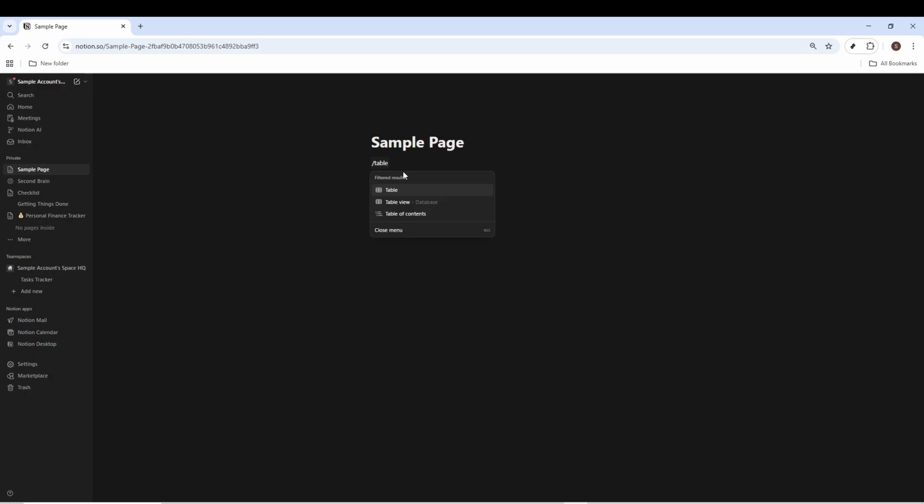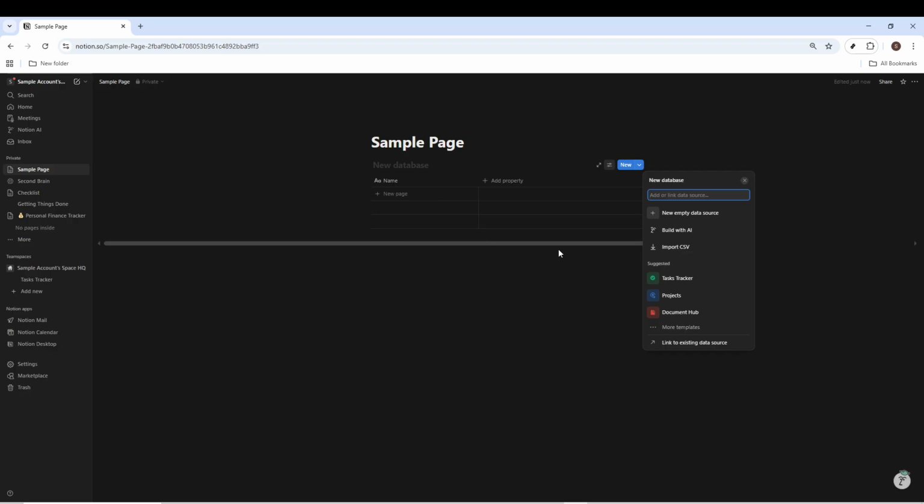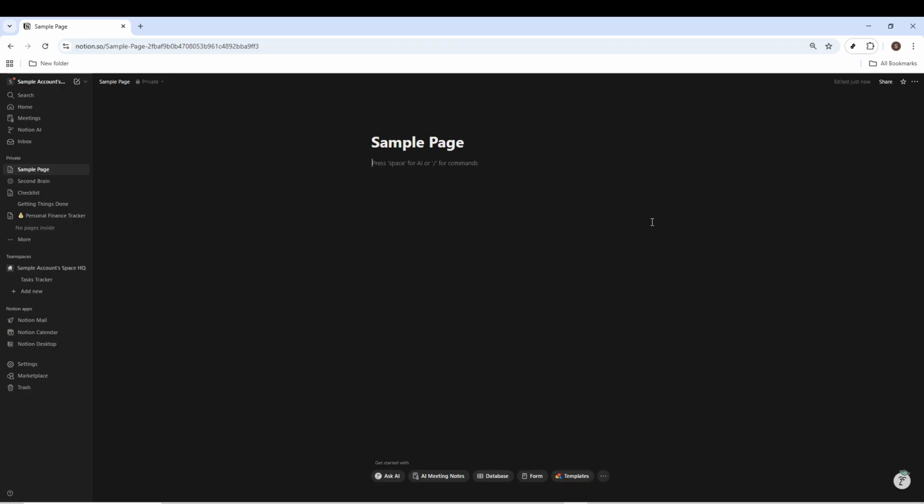From the list, click on Table, and Notion will instantly insert a basic table into your page. By default, Notion creates a table with a few rows and columns, so you can start right away. Now that the table is visible, the next step is to